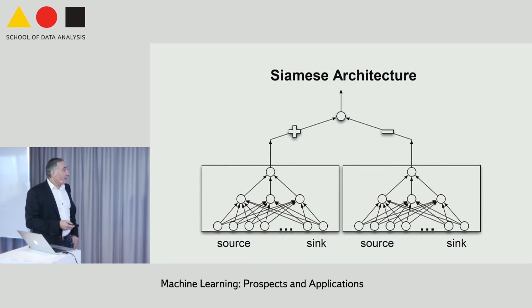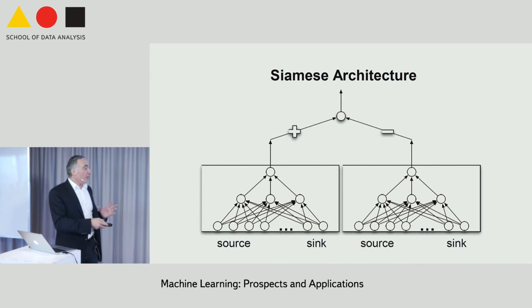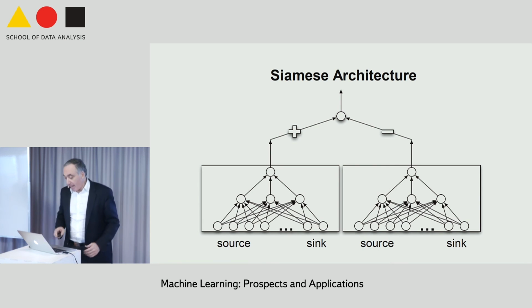So we do ranking. The way we do it is using deep learning. We put a source and a sink here, a source and a sink here, and decide which one is more favorable, right? And so you have weight sharing between the two sides. It's called a Siamese network. And we get an output that tells us which one of these two is more favorable. And if you want, you can apply this to all possible pairs and get a ranking. And then you take your top 5 potential reactions, potential electron movements, and you do it again, because, of course, a reaction has several steps.